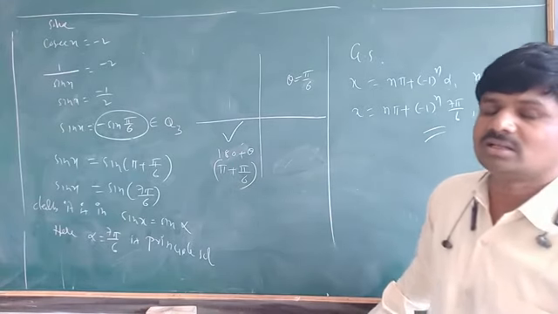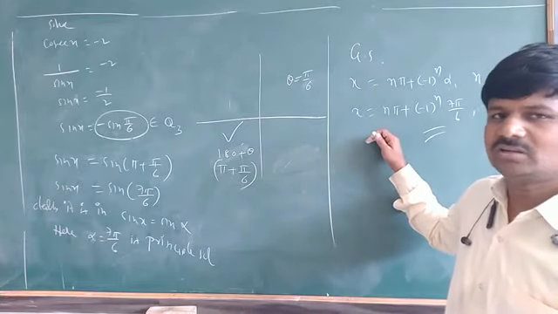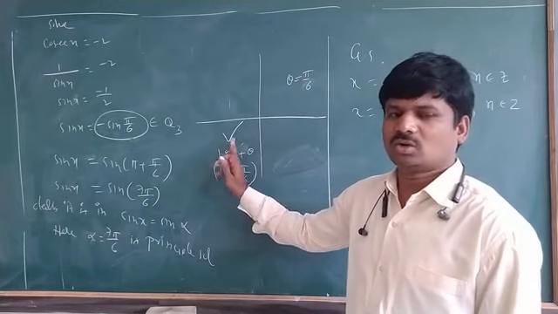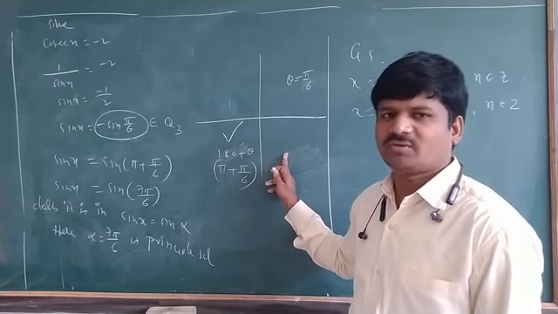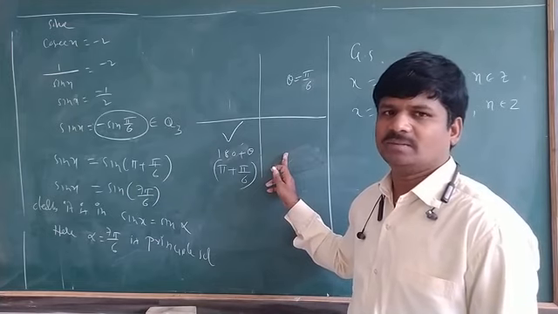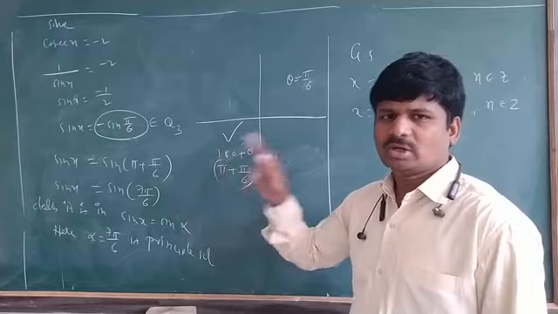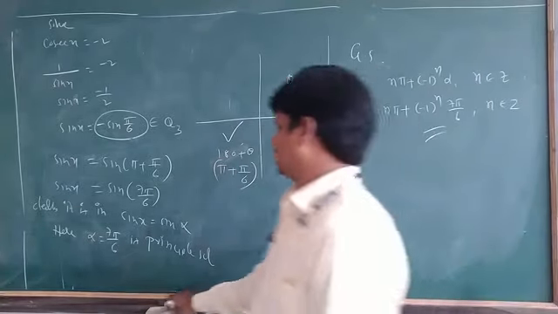Just remember those general solution formulas. When you are going to find the general solution, we have to find only one principal solution, which is in the first or third quadrant. The principal solution in the fourth quadrant you will also get, but there is no need to find it. Two principal solutions are not needed. Or if you want, you can find two principal solutions, but you have to take only one principal solution. That is enough. Remember this.